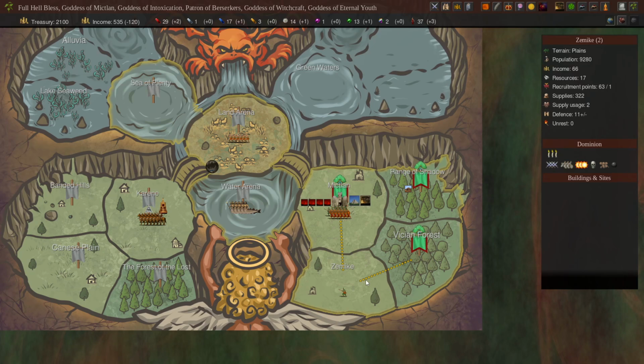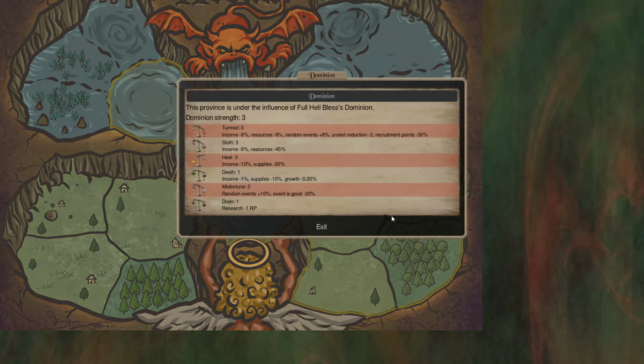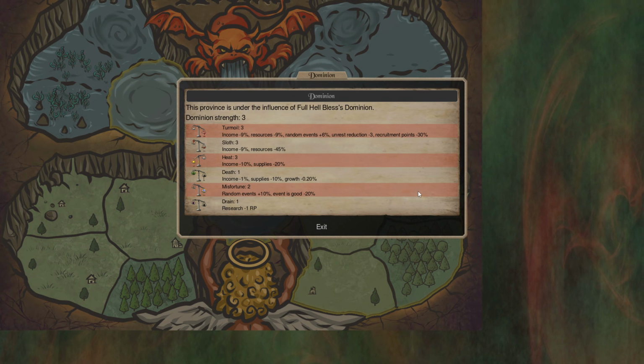In this episode we're going to be going over province scales and what effects they can have. So you can see the scales in a certain province by looking under the Dominion tab on the right hand side and having a look at the scales here. You can also click on these scales to get a better idea of what the scale effects are in that